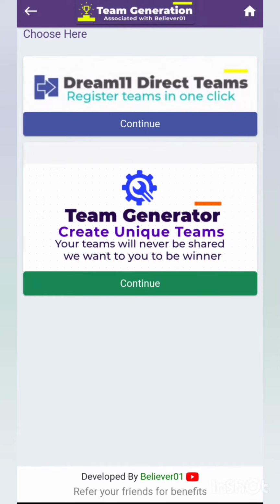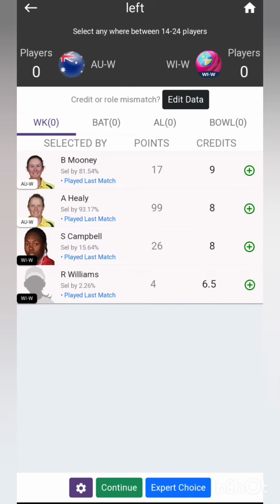I'm going to quickly continue on team generator, and after that we have 4 wicket keepers: Beth Mooney, Alyssa Healy, S. Campbell, and R. Williams. We can clearly say that these two Australian wicket keepers are very quality batsmen compared to the West Indies ones. So you can either use the fixed player option in our TG software, or you can use role frequency to eliminate some wrong teams.